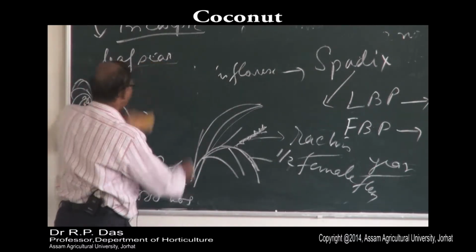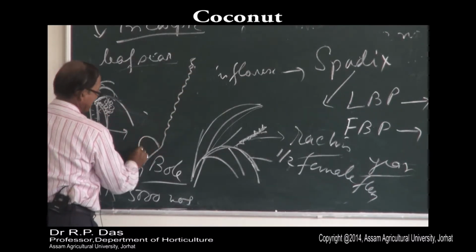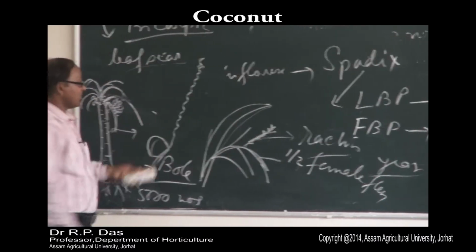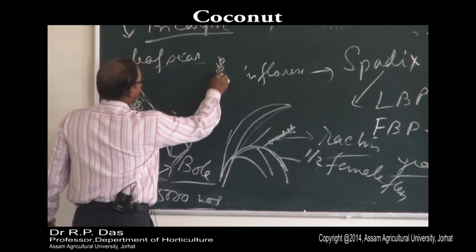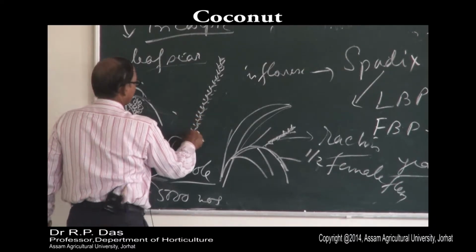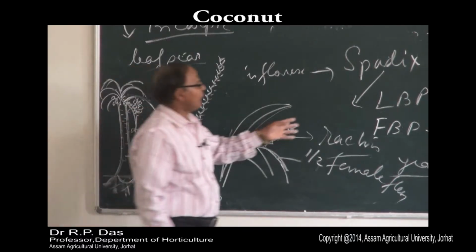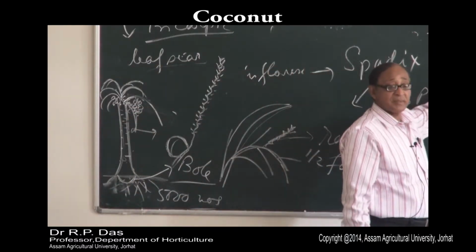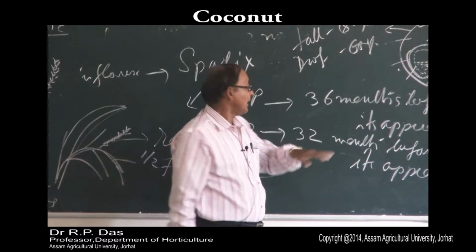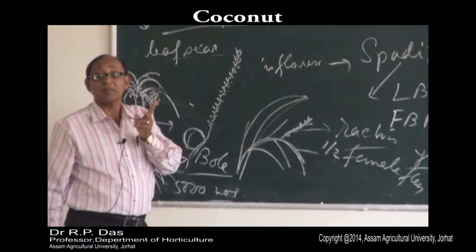If you find, then you will find individual rachis, individual branch rachis, and these are all male flowers. The male flowers are similar to a paddy seed with 1 or 2 female flowers. Means in case of tall varieties, you will find each rachis there is 1 female flower. So sometimes there may not be, but in case of dwarf varieties, generally 2 female flowers. Sometimes you may find 3 also.